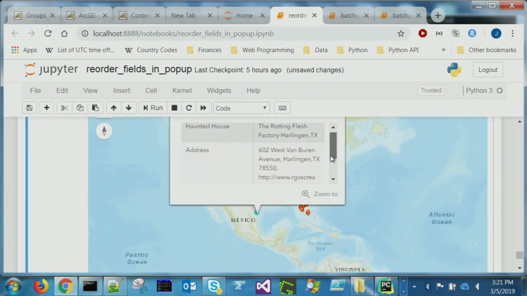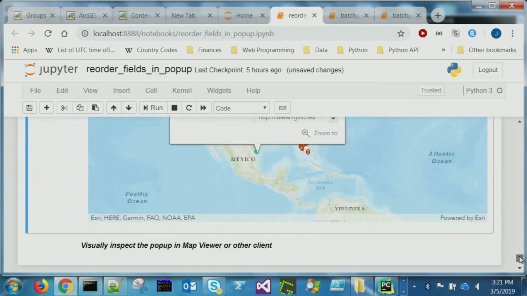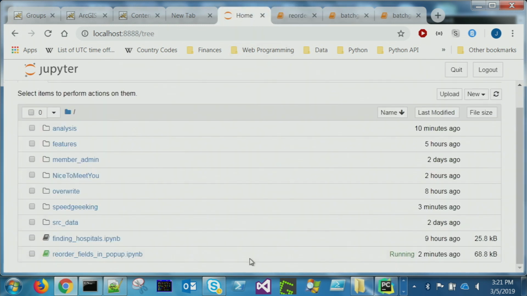Oh yeah. Address is now right below the name of the haunted house. So, I still get jazzed when any script I write works. So, there you have it, right? That's some manipulation you can do with web maps and the structures of items that are in your portal. So, let's now go take a look at